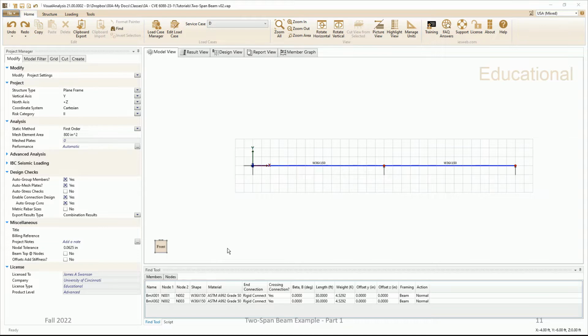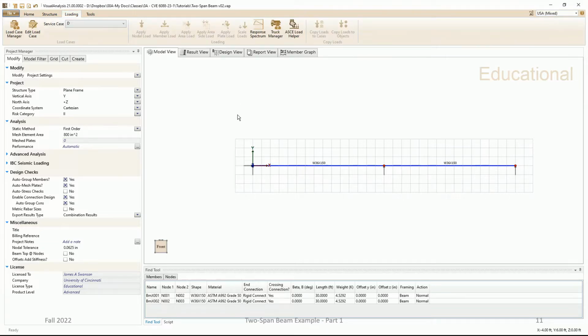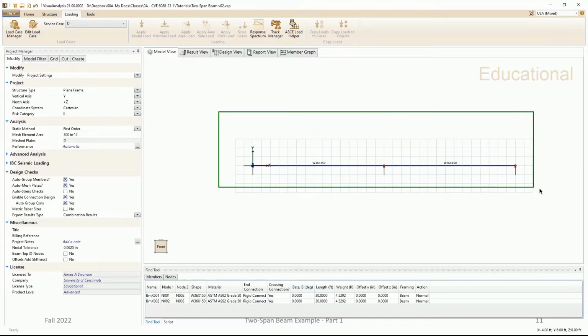Next, we're going to apply our loading to the model, and in this case we have a dead load that's a uniform load of 800 pounds per linear foot. And we have a live load that consists of point loads at the third points of each span, each with a magnitude of 12 kips. So the first step is to go here to the loading tab, and then I'm going to window to select both of the members,